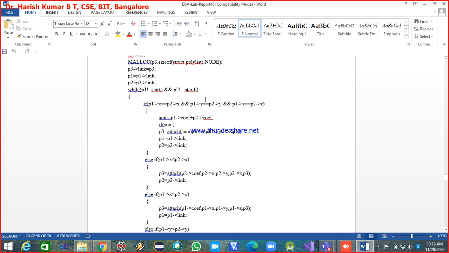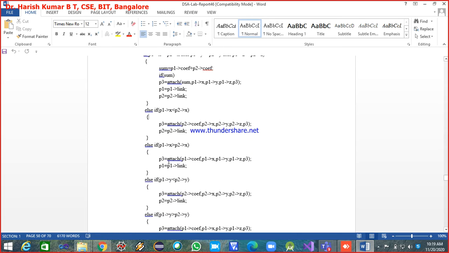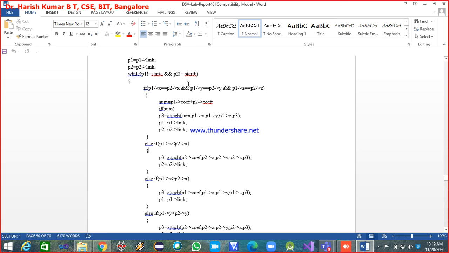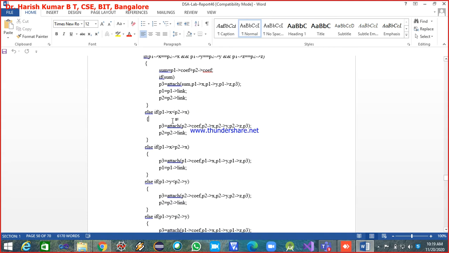If this condition is not true, it is an if else ladder. If you observe just here, it is an if else ladder. If any one of the conditions is false, then we go for checking this condition. What we are doing here, we are checking whether the exponent of x from the second